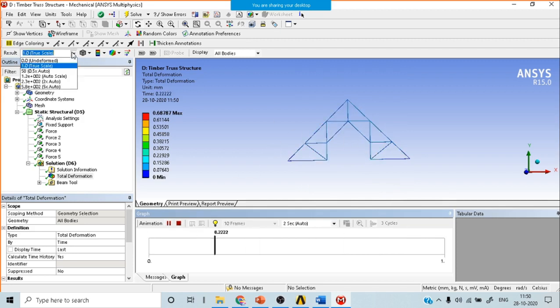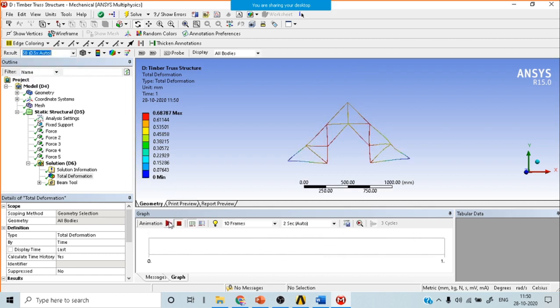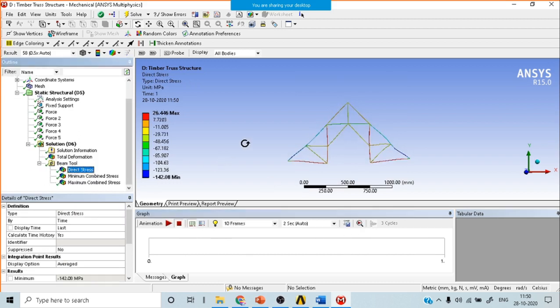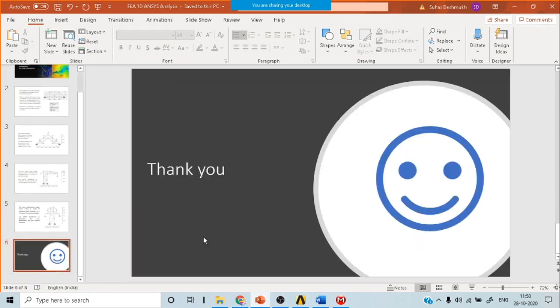If you set it to auto scale, somewhere here, it will exaggerate your deformation. And you can look at the direct stresses. Somewhere it is coming to 20, and like this. So this is entirely for today's session, and you can complete your